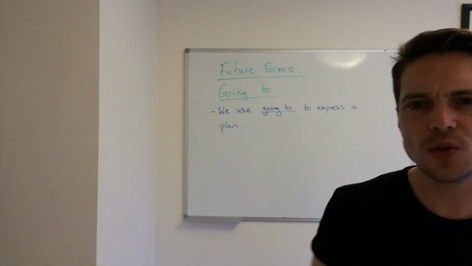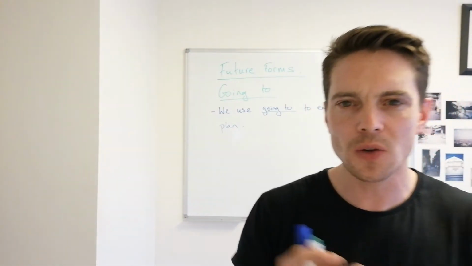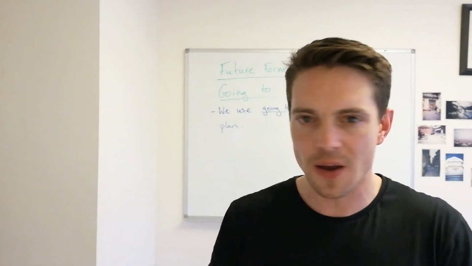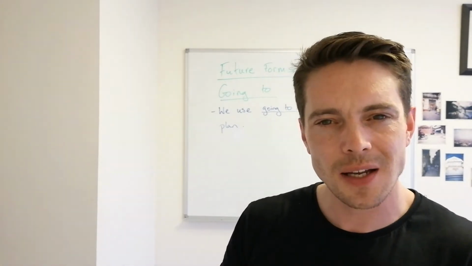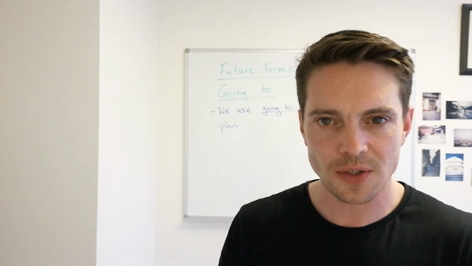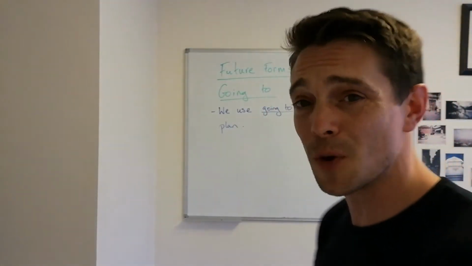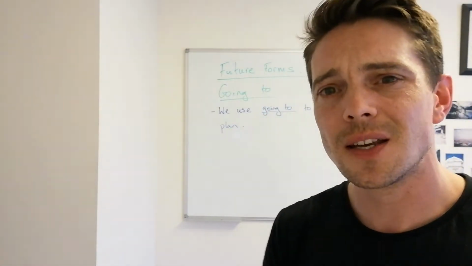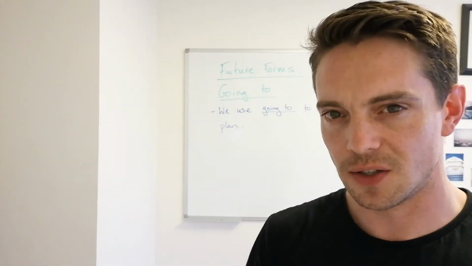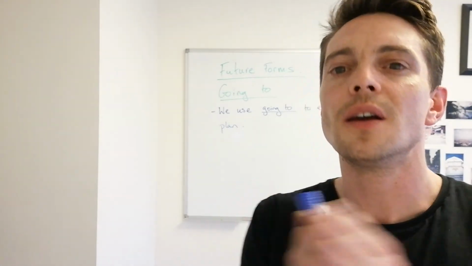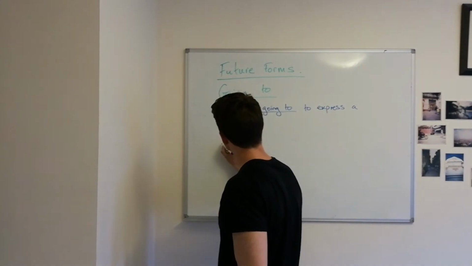So we use going to express a plan. So this is something that you thought about before. Remember, we use will to talk about a decision that we have not thought about, but we use going to talk about a plan, something that we have thought about before we make the decision. So if I say, I am going to school, this means that I am thinking about it, I make a plan, and then I decide to do it. So you plan, and then you do it. And we also use it for